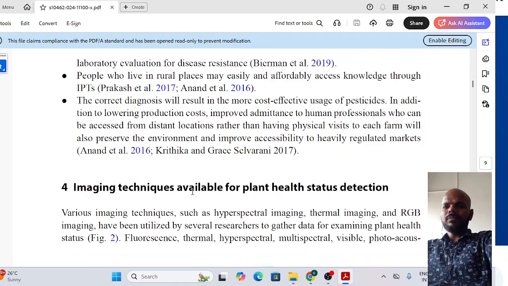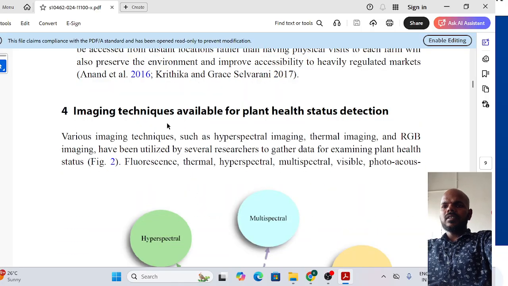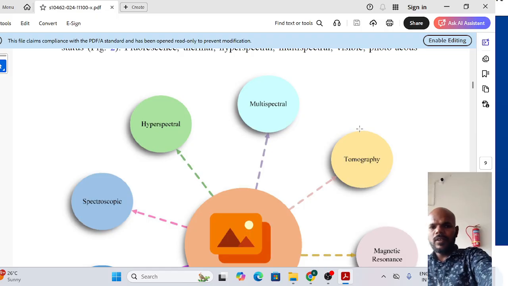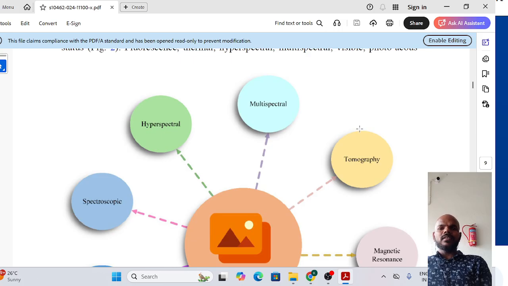If you go down, there is image acquisition, image techniques available for plant health status identification. That means they are describing techniques for image identification, and next, what type of images are available for identification of plant diseases. There are different types of images available: RGB images, hyperspectral images, multispectral images, tomographic images, magnetic resonance, spectroscopy. These are the types of images they used for